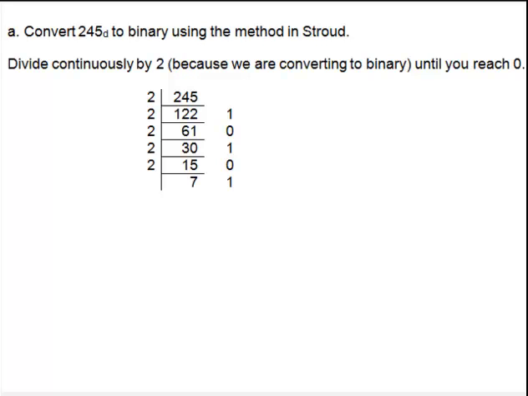Divide 7 by 2, we get 3, remainder 1. Divide 3 by 2, we get 1, remainder 1. And then finally divide 1 by 2, we get 0, remainder 1. Now we've reached 0, we've actually done the conversion. So now what we want to do is take this column of numbers and let it fall